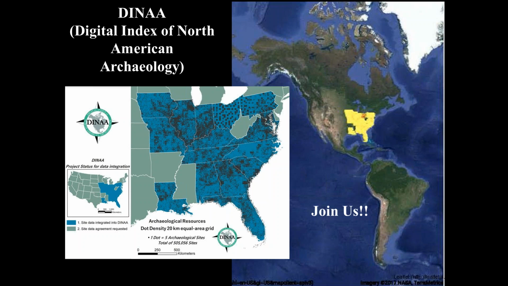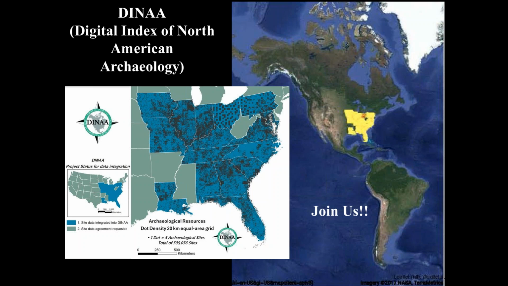Some states actually have public information at even higher precision. In the state of Iowa, location information is publicly available with somewhat higher precision than what DINA makes available. But for the most part, we're at a level that was acceptable to most of the states. Thank you, Eric. Appreciate that.